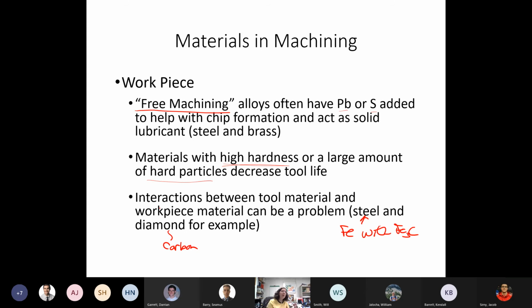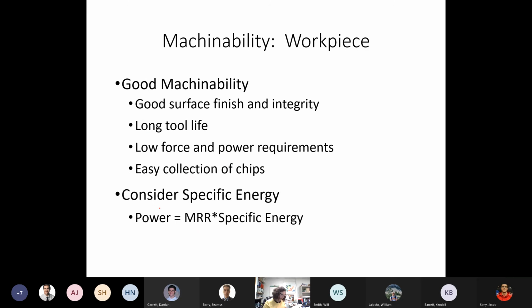So again, sometimes we have to look for a cutter that not only has the geometry for a particular workpiece material, we also may need to look at the material composition as well. Okay. Now,